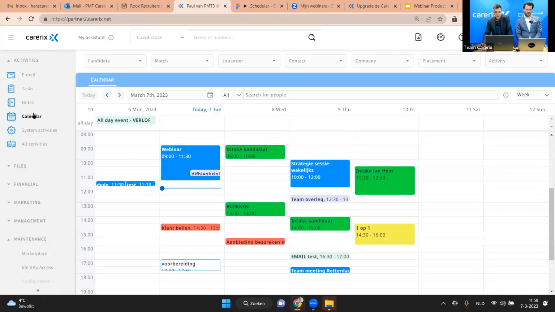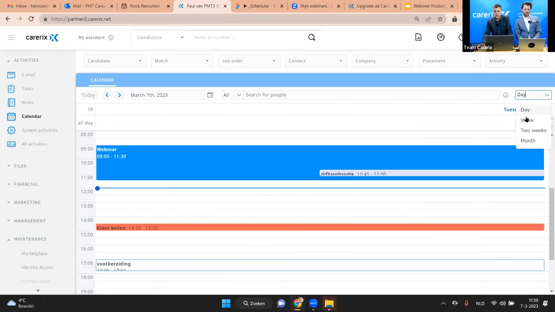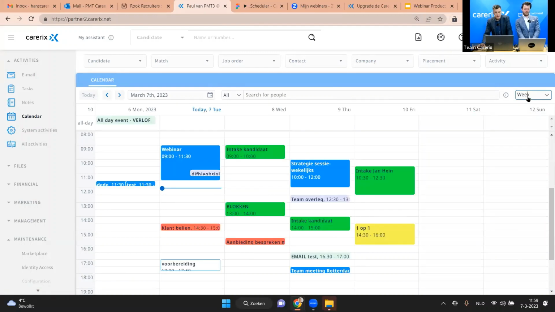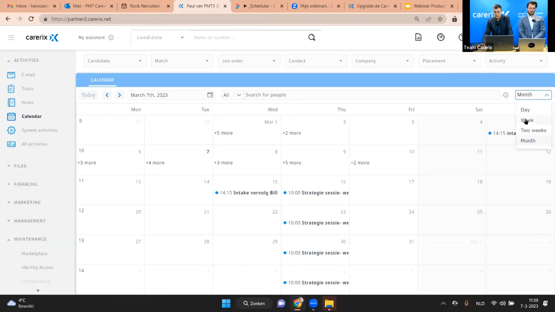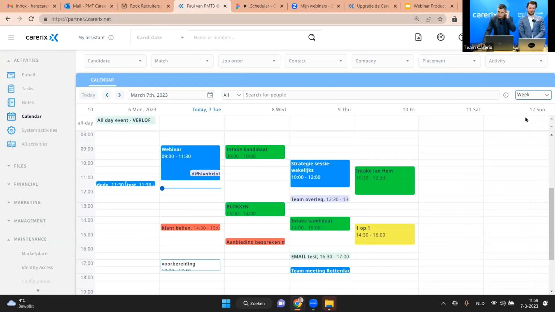Okay, back to the calendar. Well, this is the new and fresh look and feel. There's 4 different views. You've got a day view, a week view, I assume this will be mostly used, a 2-week view and a month view. For the week view, in next release, we will also have a toggle. If you don't want to see Saturday and Sunday, you can leave that out of the view, and then you